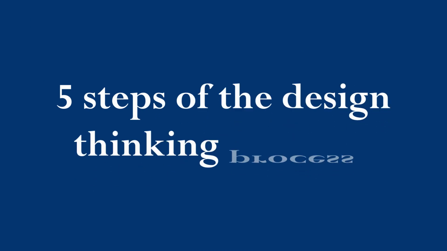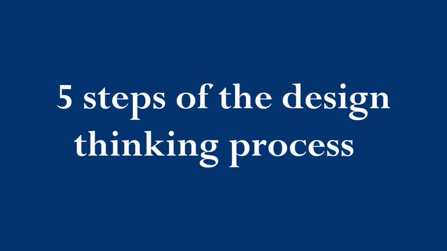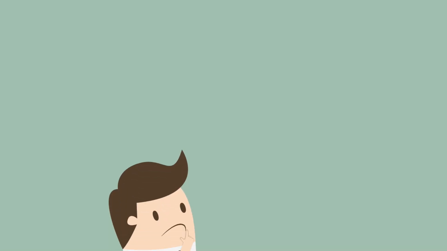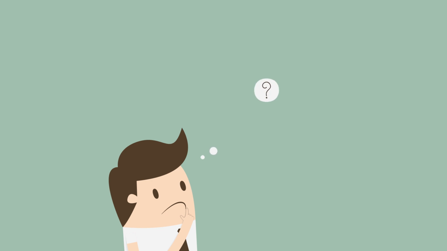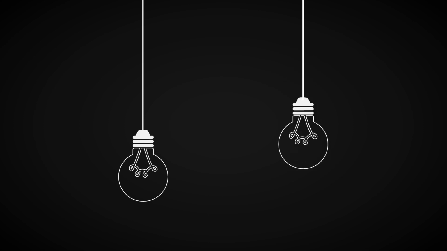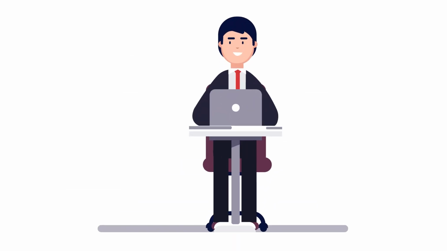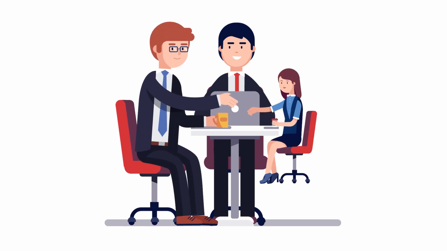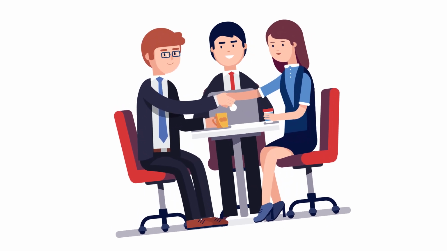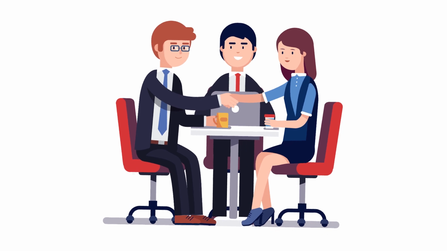This video will go over the 5 steps of the design thinking process proposed at Stanford's D School, and we are starting right now. The first step is to empathize. You have to gain an empathic understanding of the problem you are trying to solve. The purpose of this is to get ideas about what people really care about or struggle with. To empathize with the group you are trying to help, you can either consult with experts about the area of concern or interview the group you are trying to help.